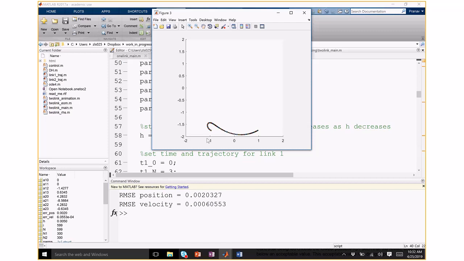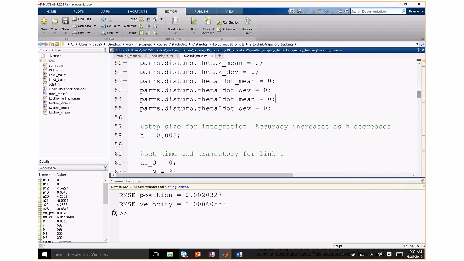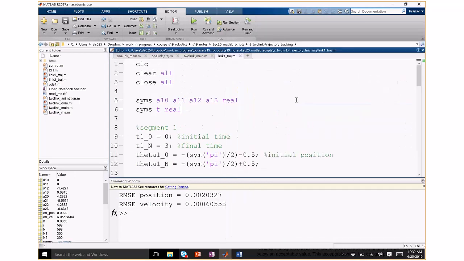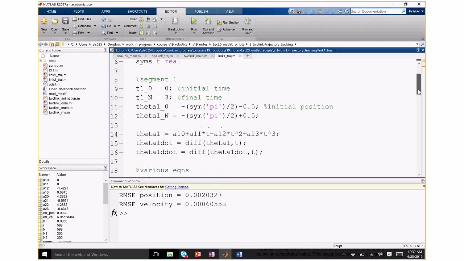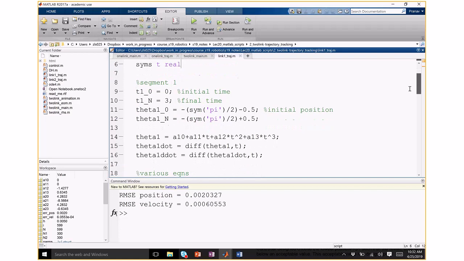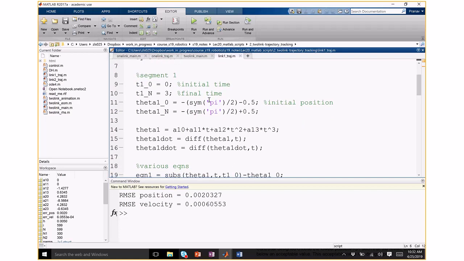So I think this motion is generated by figuring out what the angles should do at the two elbow and shoulder in order to achieve that. It's all in the trajectories, here, link 1 traj. So that basically solves for the first link. Okay, so I want it to be in 3 seconds, so the first link should move for a time